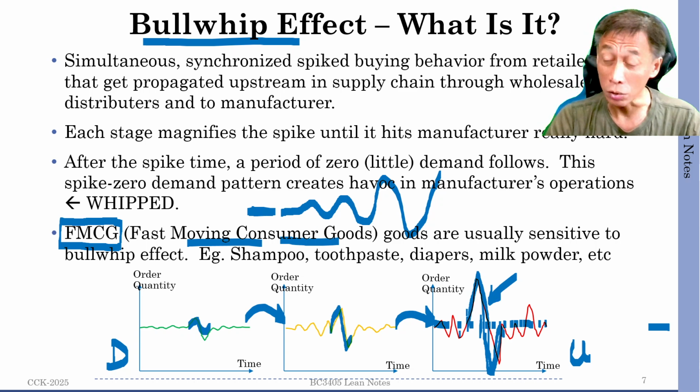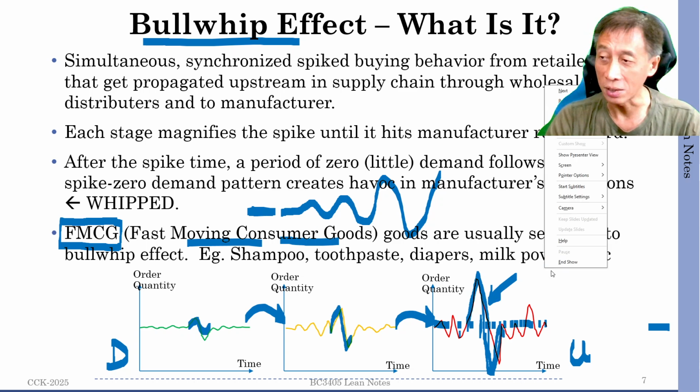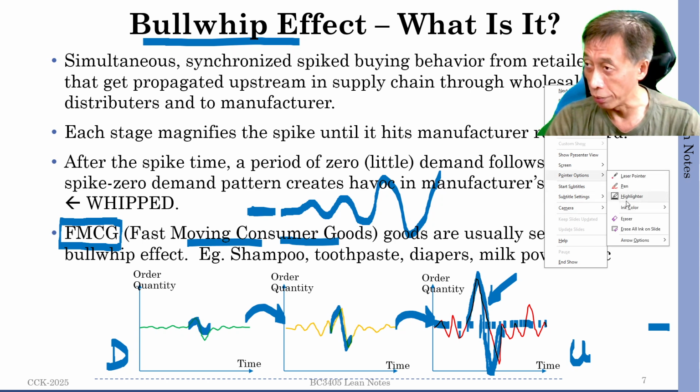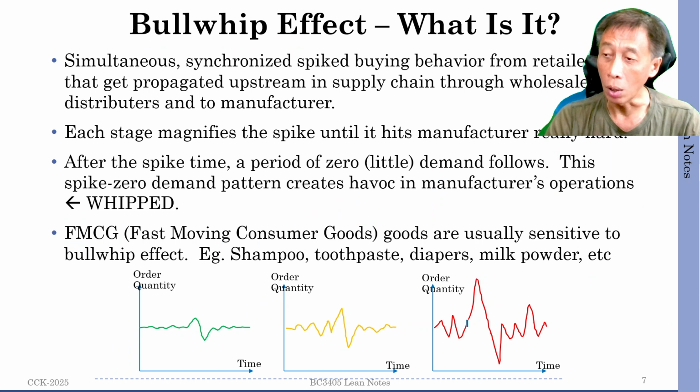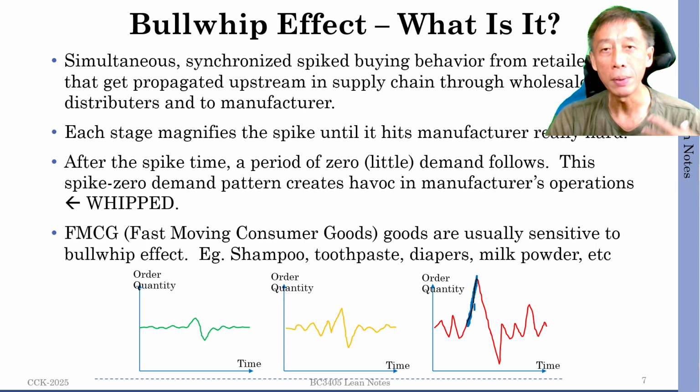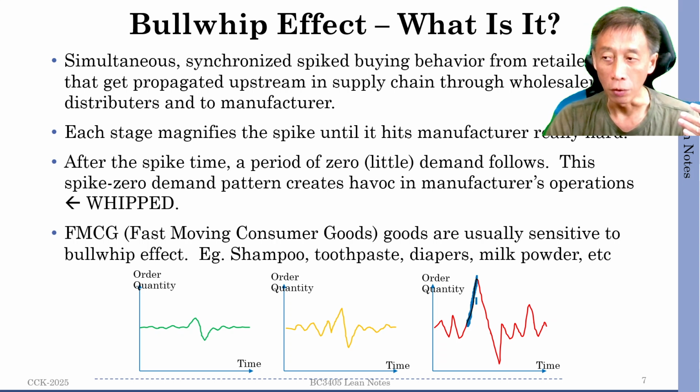So just very quickly look at the part that affects the manufacturer. So let me just erase these writings. So on this part, when I say the demand for P&G's Pampers doubled or tripled for, let's say, the month of June. Okay, just imagine. So Pampers normally had to produce, for example, 1 million packs every month on average. Sometimes a bit more, sometimes a bit less. Fine. But for the month of June, Pampers has to produce 2 million packs.